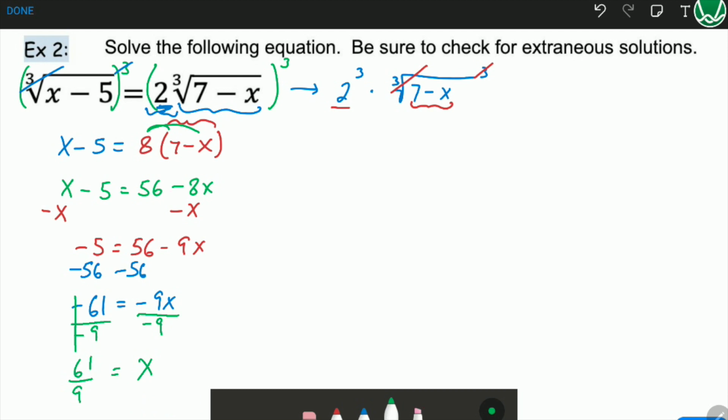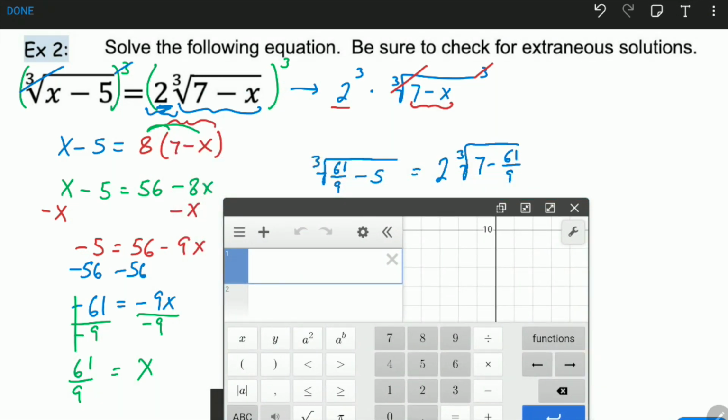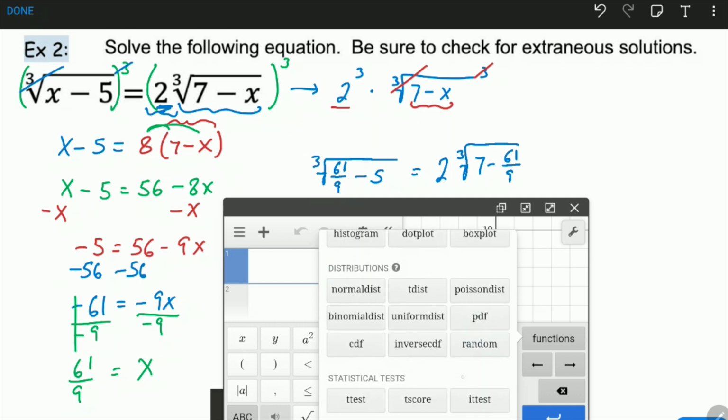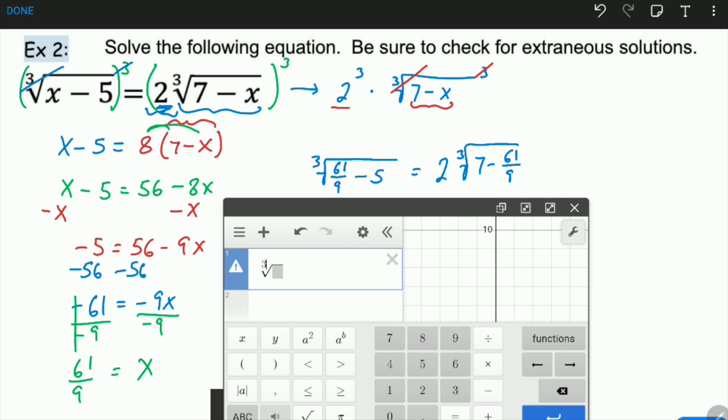We do have to check our answers, so we want to make sure to go back and check plugging our 61 over 9 in. So we have the cube root of 61 over 9 minus 5. Is that equal to 2 cube roots of 7 minus 61 over 9? So it's not the prettiest one, so I think I'm just going to use the calculator here to save a little bit of time just to double check these. So the first side, the cube root, then where is it on Desmos here? There it is. So the cube root of 61 over 9